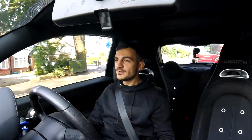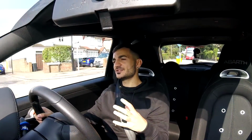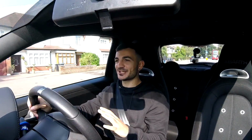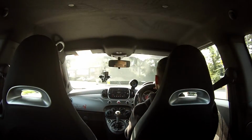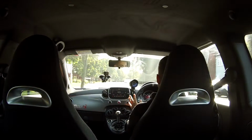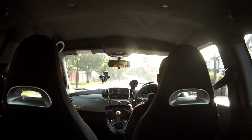Secondly, obviously the car itself has so much character and fun. If you ever have a bad day, just jump behind the wheel, go for a nice drive. It's actually just one of the best things. It's got so much character. I let my brother drive it for the first time the other day, and he was smiling like a Cheshire cat, if that's even a saying. I think it is, I'm not sure. But it's just such a great place to be and such a fun thing to drive,